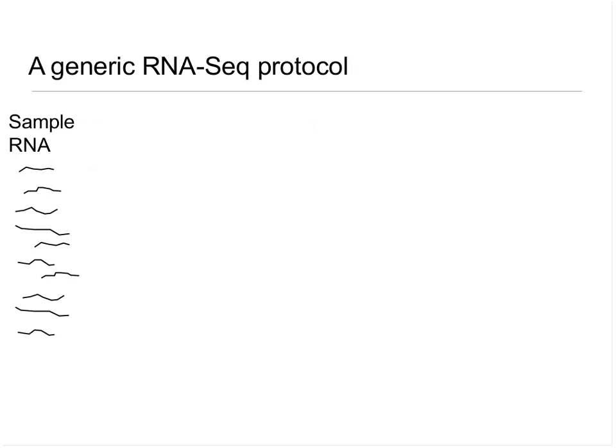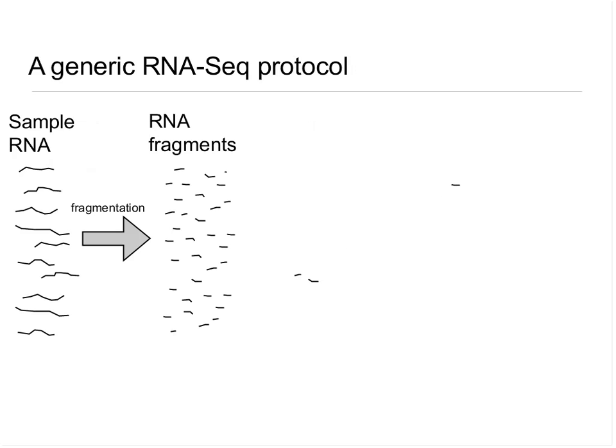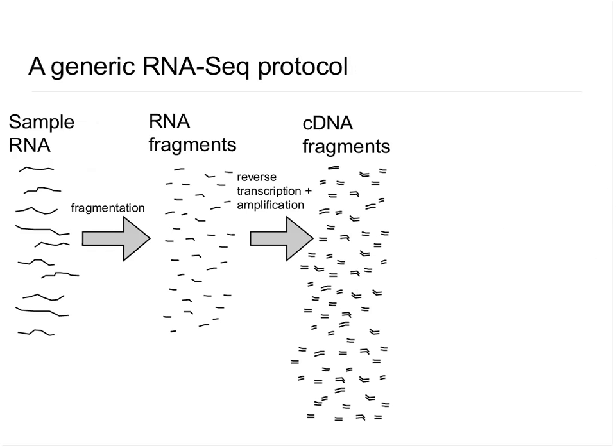So I'll give a little bit of an overview of RNA-Seq technology just in general, for all cases. Typically one starts out with a sample pool of RNA shown on the left. There are a number of different protocols that are used for RNA-Seq, but the one that I'll show is maybe the more standard one right now. In that one, you start out by first fragmenting your RNA into a number of small RNA fragments. Then through both reverse transcription and an amplification step, you obtain a set of amplified short cDNA fragments that are derived from that RNA.